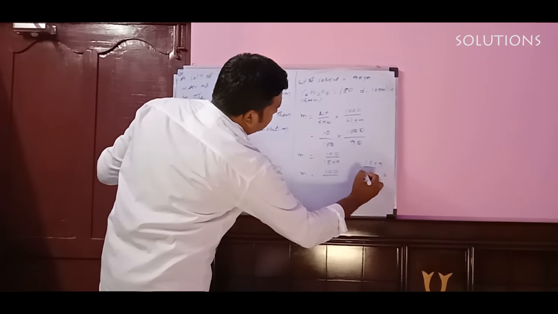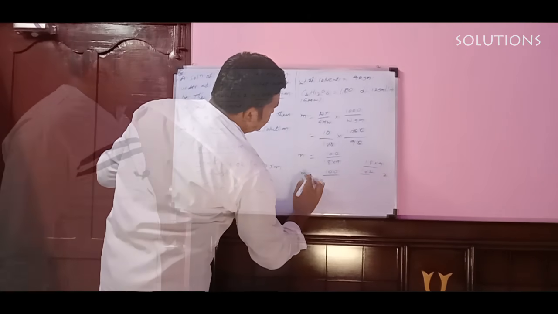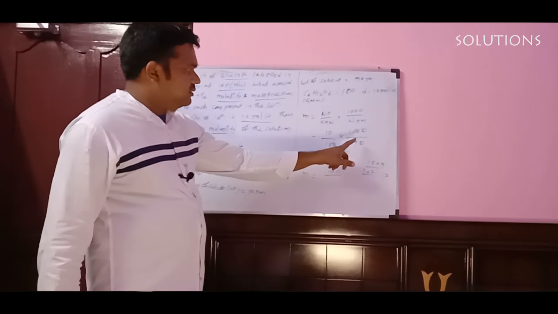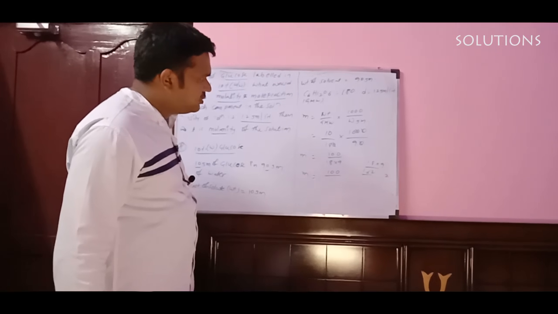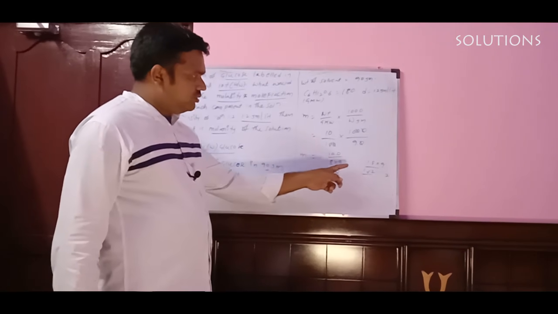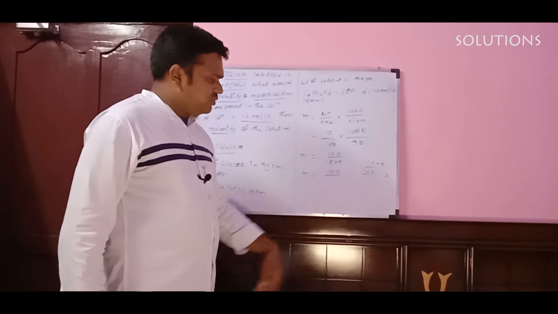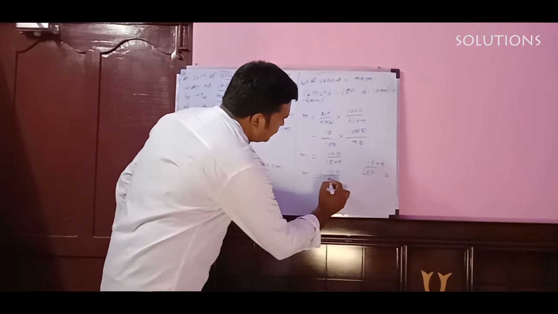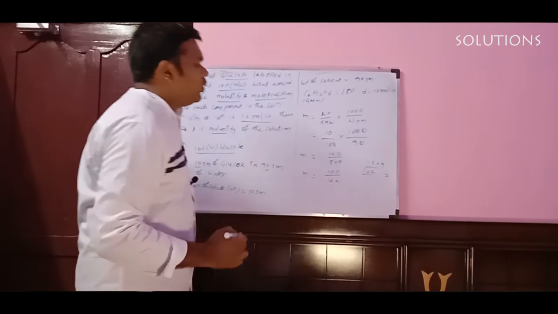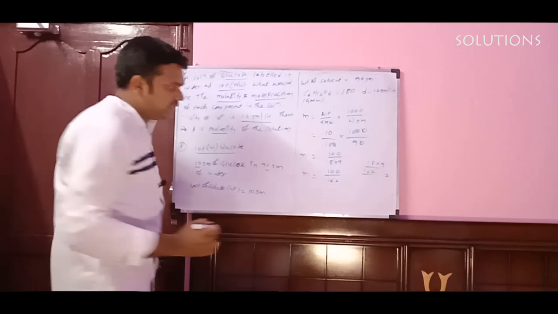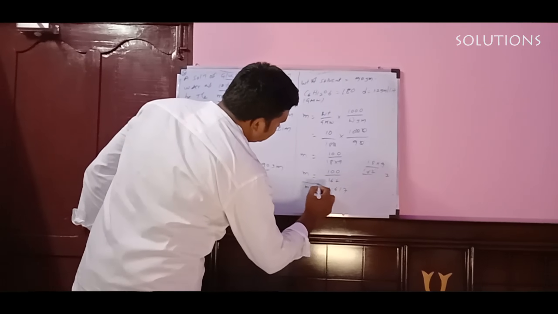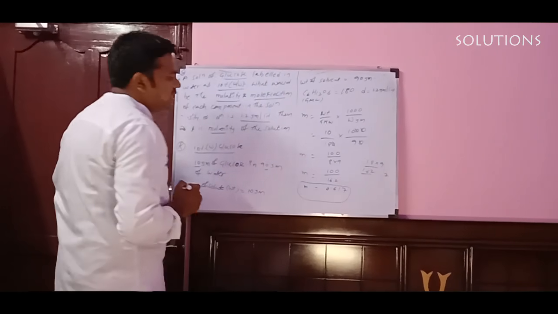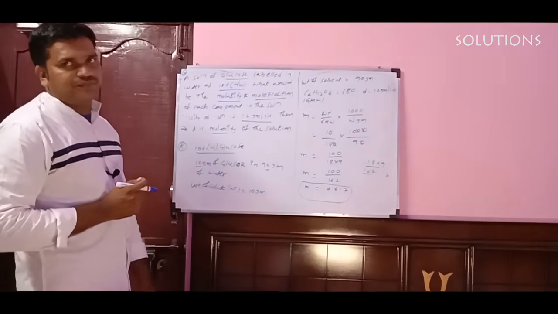What you will get? 162. So molarity is equal to what you will get here? You will cancel this 0 and 0. You will get 10 into 10, 100 by 18 into 9 only. So 18 into 9 we are getting here. How much here? 162. So we will get here 100 by 162. 100 by 162, what you are getting? 0.617. This is the molality of the solution.